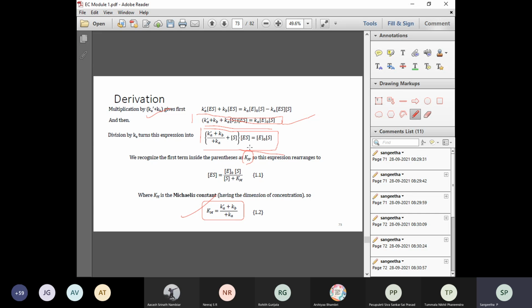So E naught ES is equal to E naught S divided by S into Km. You have to write this step like this: Km plus S will be coming. Km plus S into ES